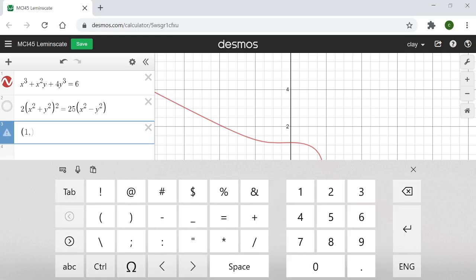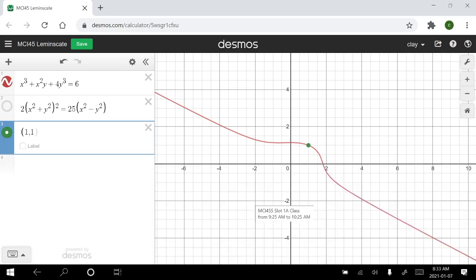Comma, 1, as a point, and we would like to know the tangent at that point. So that's as far as we've gotten. That's what we know, okay? And again, if I could not find that 1 point, if the algebra had failed me, or